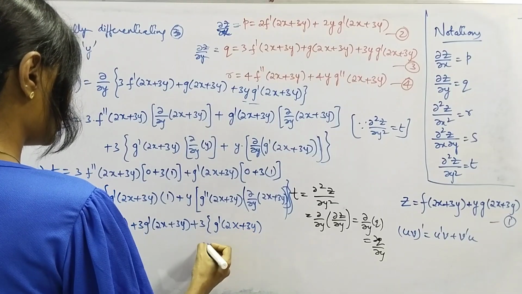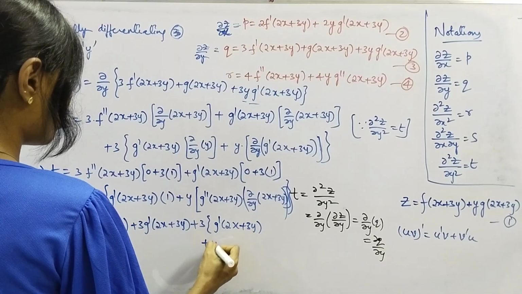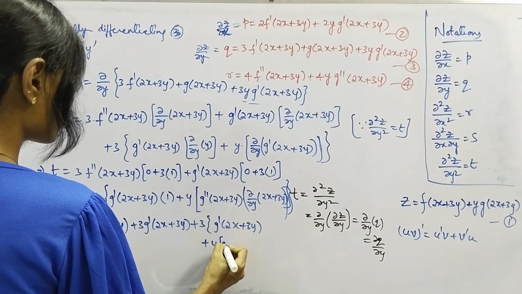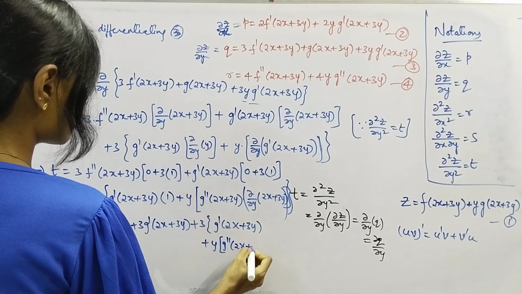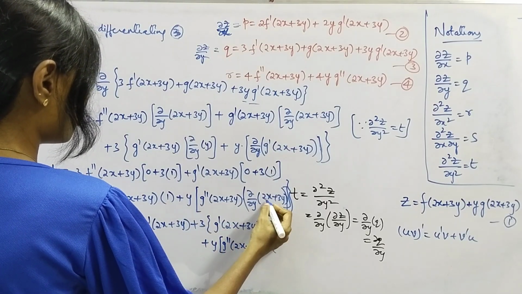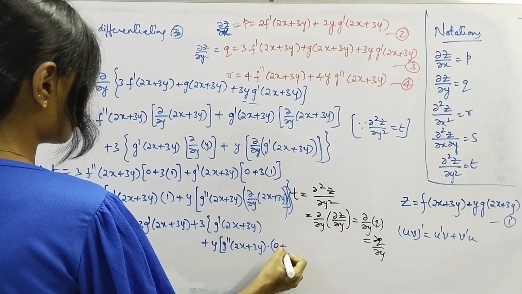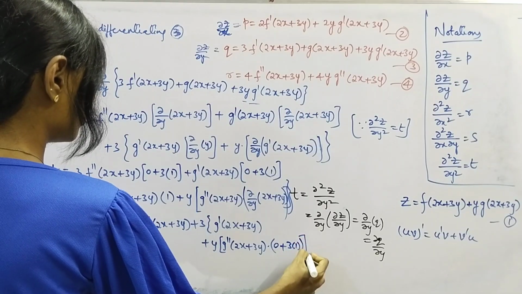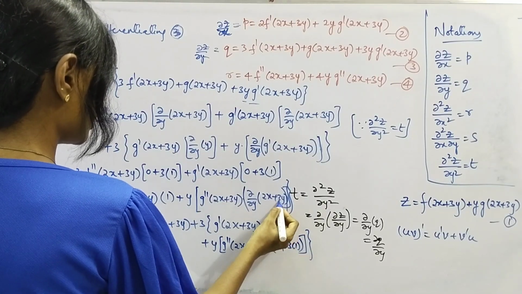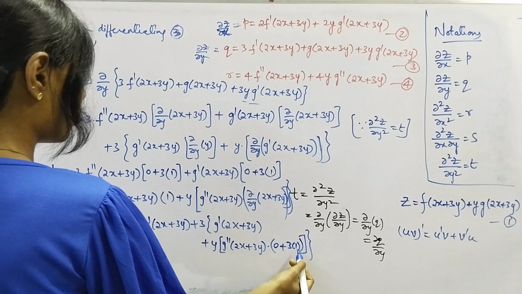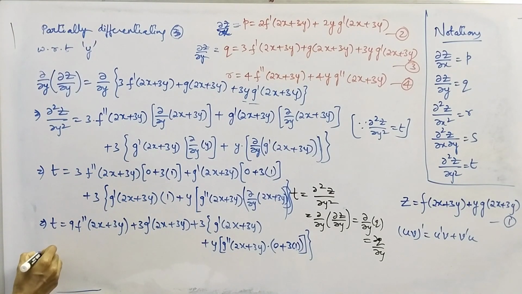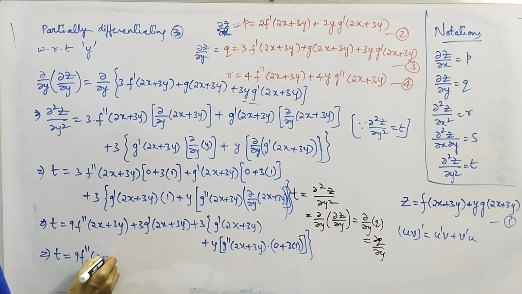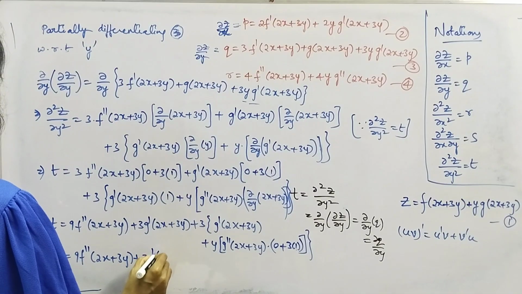that is g dash of 2x plus 3y, right, plus y times g double dash of 2x plus 3y into partial derivative of 2x with respect to y is 0 plus partial derivative of 3y with respect to y is 3 into 1, that is 3, right? 3 into partial derivative of y with respect to y is 1 otherwise, right? Now this gives us t equal to 9 into f double dash of 2x plus 3y plus 3g dash of